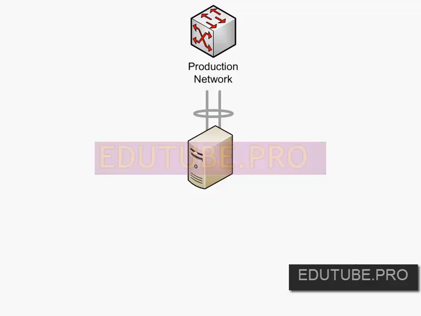Maybe it's an Exchange server. The Exchange server needs to talk to its Outlook clients over some sort of network, and that production network is generally the network where that communication occurs. Now in most situations that production network is going to be a dual connection minimum, and there are dual bonded connections so that if I lose one of those physical connections, well then I have the ability to continue to pass that network over the remaining connection, or the surviving connection. Now production network is important because obviously that's that communication path between my virtual machine workloads and the clients or